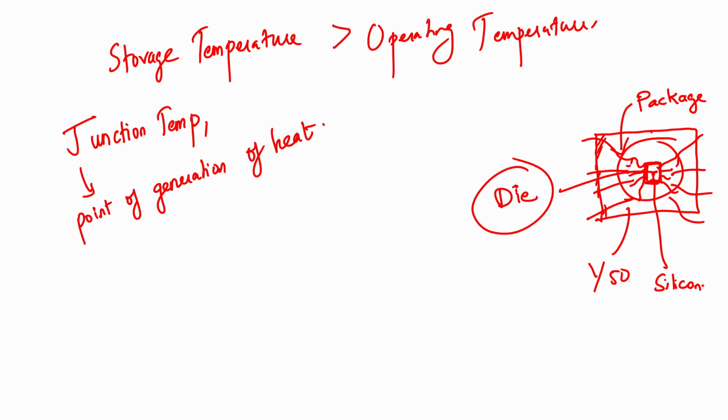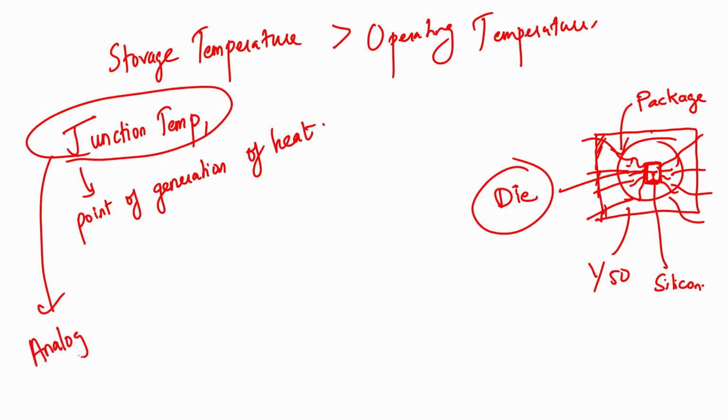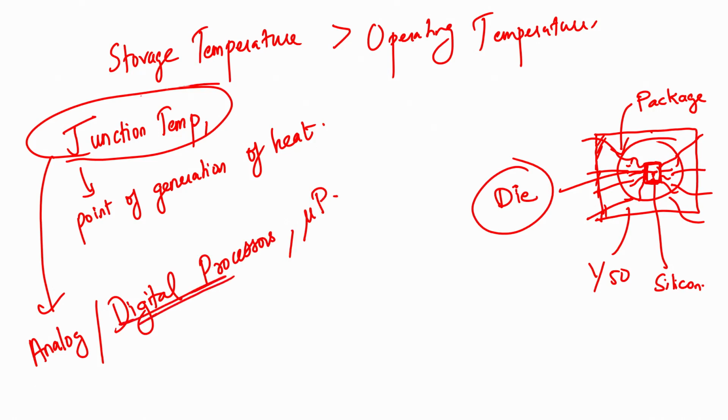Okay. So, you should understand this very clearly because this is very important for any IC, especially junction temperature, if you are having any design with analog processors or analog digital processors, or microprocessors, called MPUs. A lot of computation will be involved, and automatically the die temperature will go up. So, at that time you should make sure that you are working within the limits of the junction temperature.